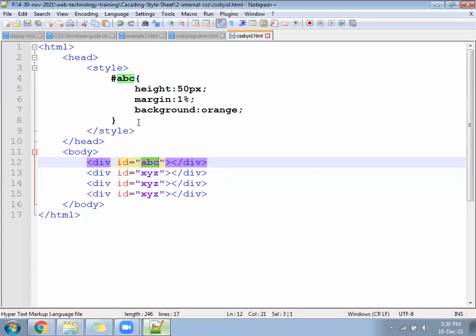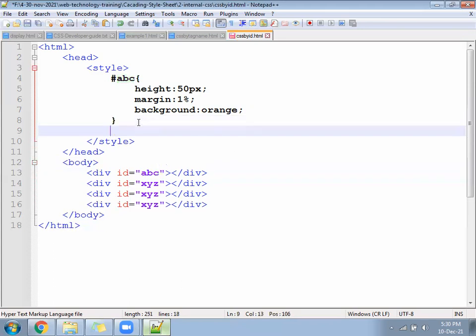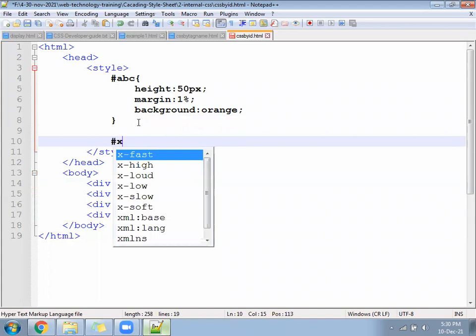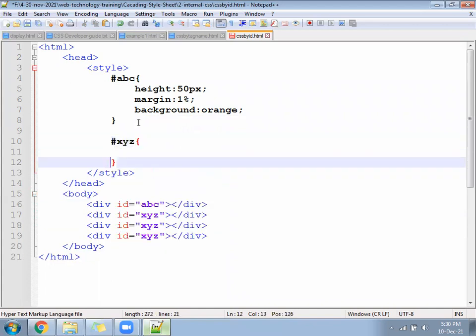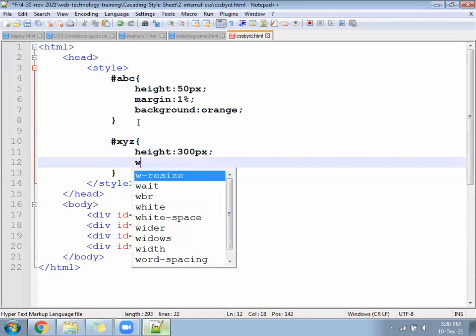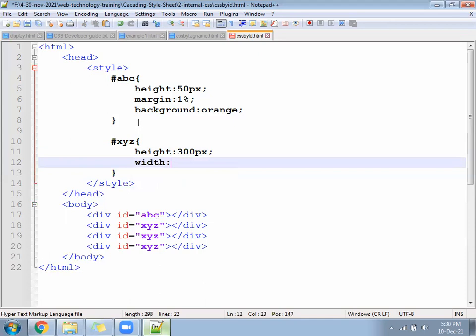Go ahead next. Now write the CSS for XYZ. Hash XYZ, and write there height of the XYZ. Assume 200, 300. Width of the XYZ, 31.33%.